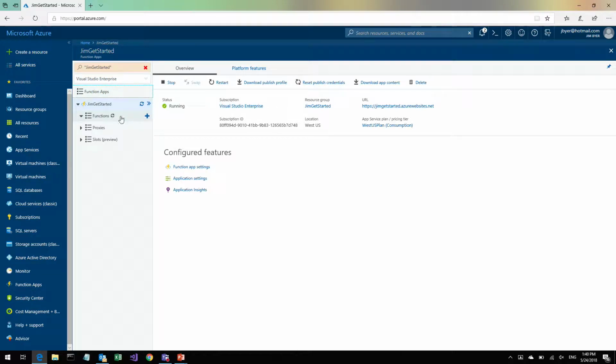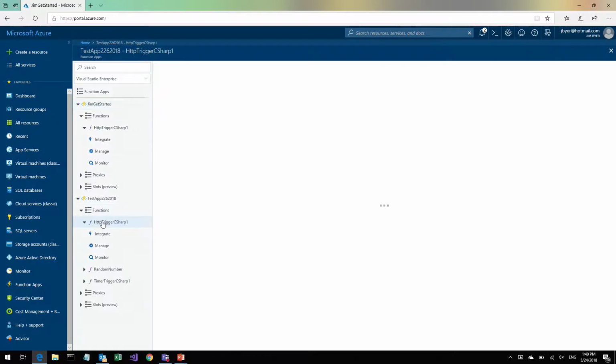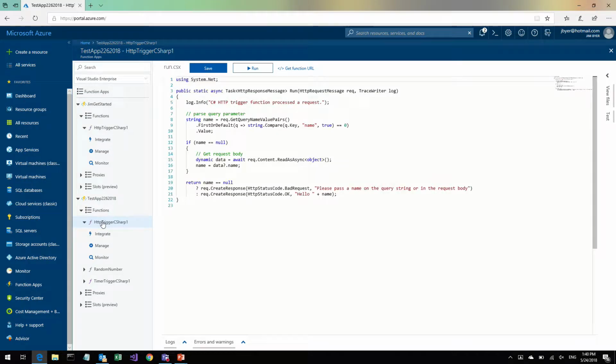Then go back. All right, so I can search for my apps that I've written. If I start a brand new one, it would give me some sample code, which I think I have here. By default, you pass it a name as a parameter on your URL, and then it will return hello name. Now I'm using the portal and it has an IDE here.